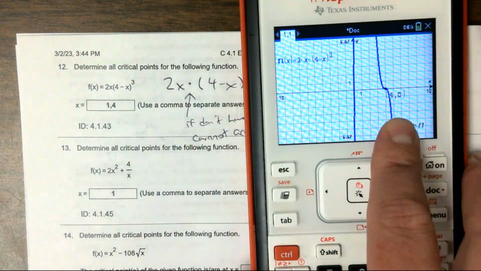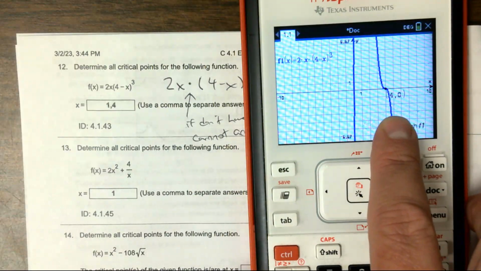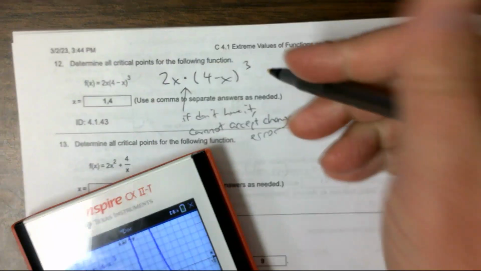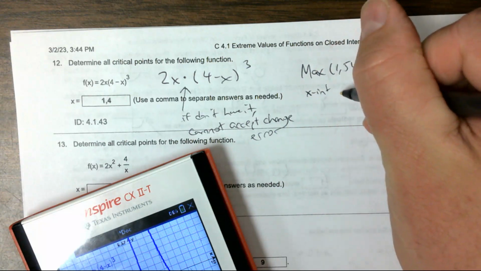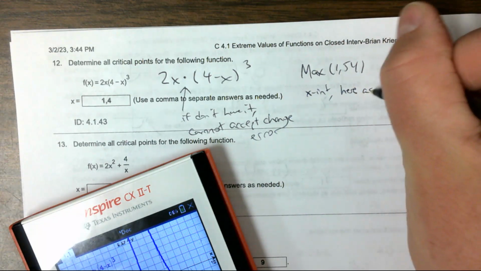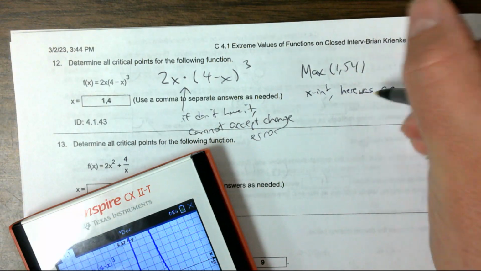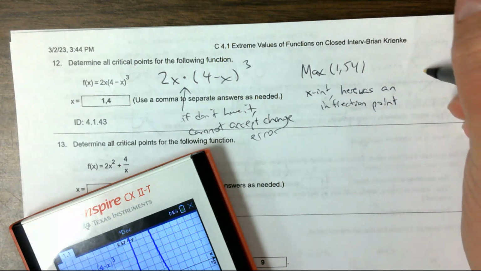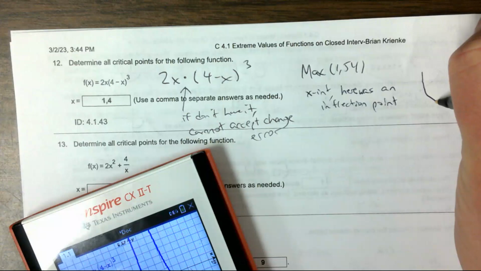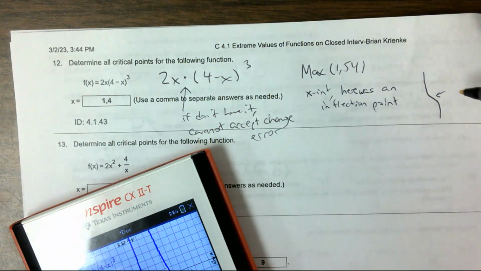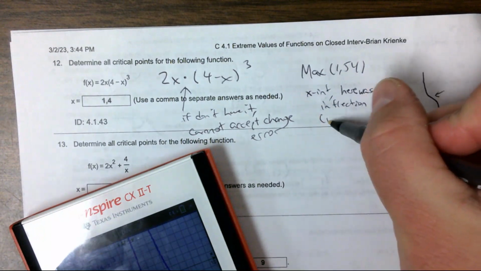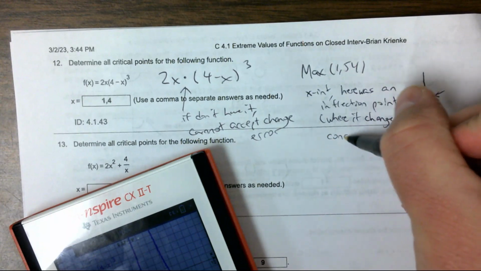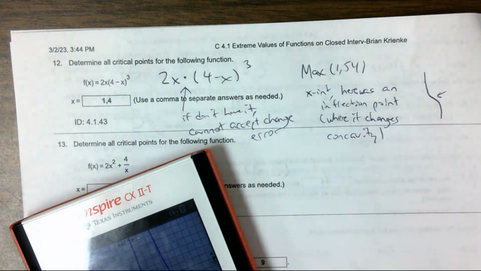And that's at 4, 0. So it's kind of like an inflection point. And so that's what we needed: an x-intercept, which here was the inflection point, which is basically where it went from here to there. So like where it changes concavity, where it changes concavity. Okay,